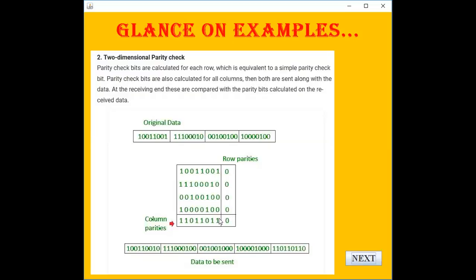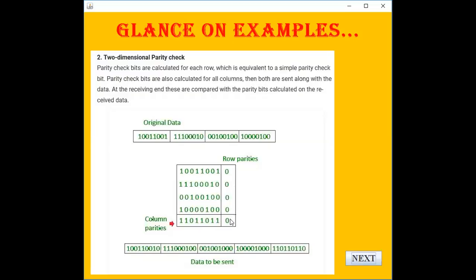Now the last cell, which contains the final parity, should be satisfied with both row parity as well as column parity. Now we can see that in the column there are 6 ones, so to make it even parity we have to add 0 over here, and in the row also there are all zeros, so to continue with even parity we have to add 0.